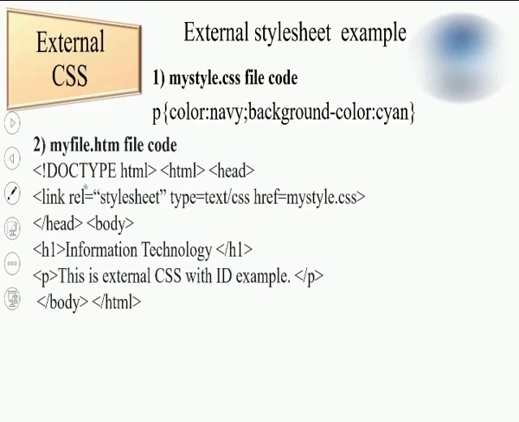One more question may come based on this: which are the attributes for the link tag? The attributes for the link tag are rel, type and href. You are supposed to remember these attributes. Here inside the head tag, I am writing a simple link tag in which I specify rel equal to stylesheet, followed by type equal to text/css, that is the document type which I am going to link, and followed by href, that means hyperlink reference, the name of the file.